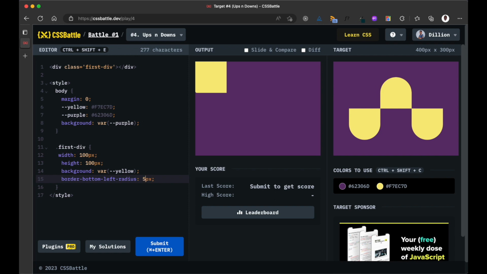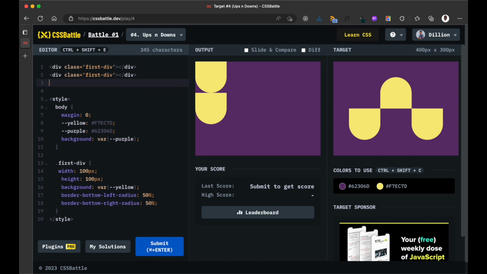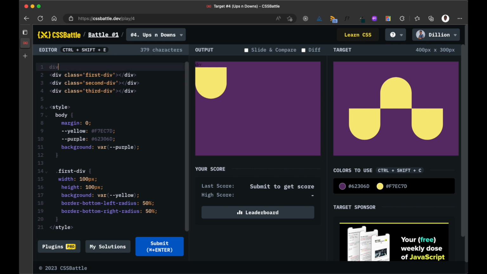No, that doesn't do the trick. 50%. Okay, that seems to work. To also have a border bottom right radius of 50%. Okay, it doesn't look exactly like a match, but let's stick with this for now. Then I'm going to repeat this div 3 times. This would be second div, and this would be third div, and all of these divs would be in a